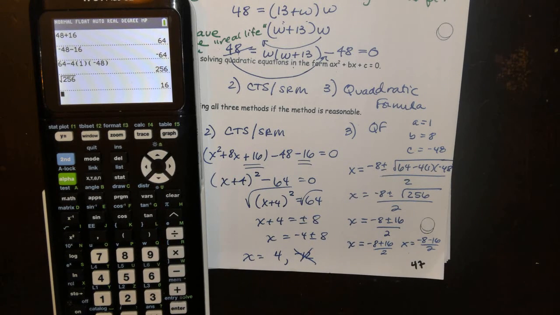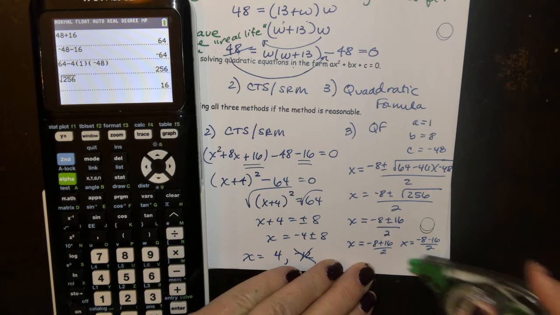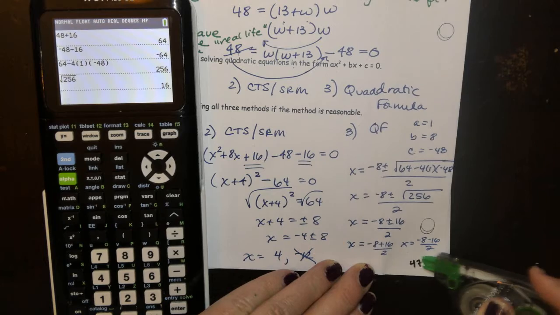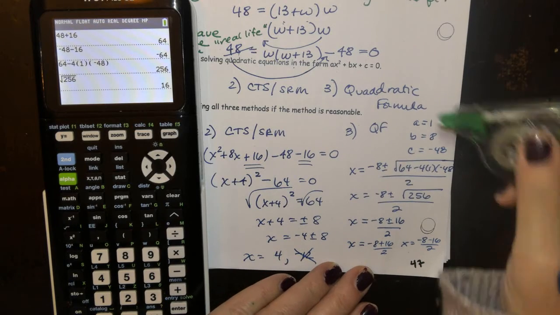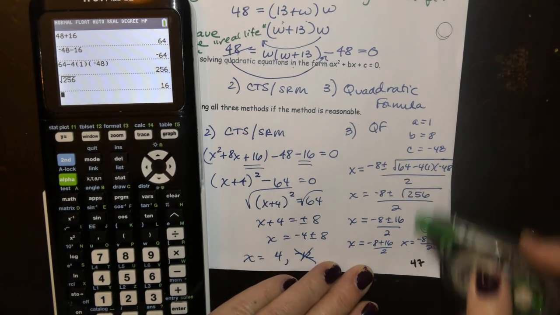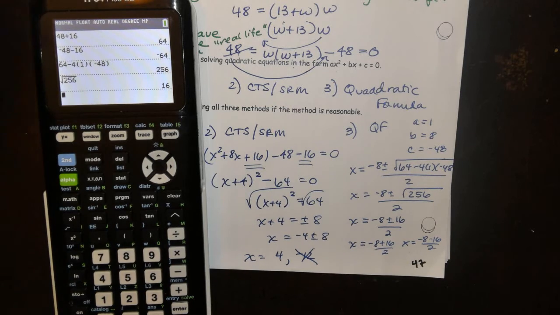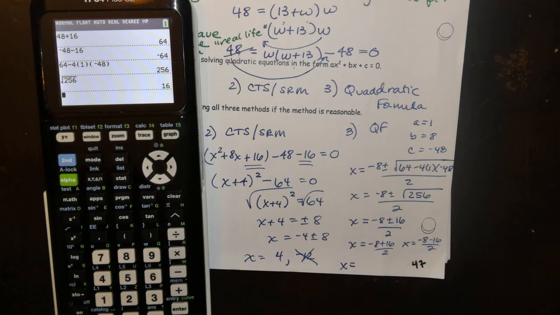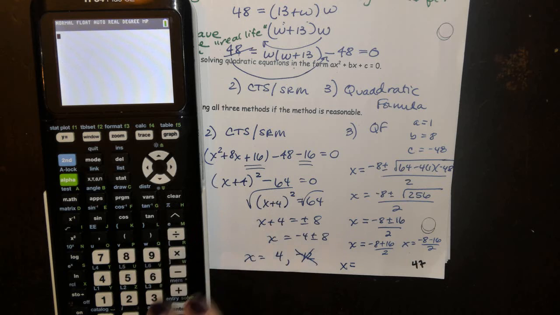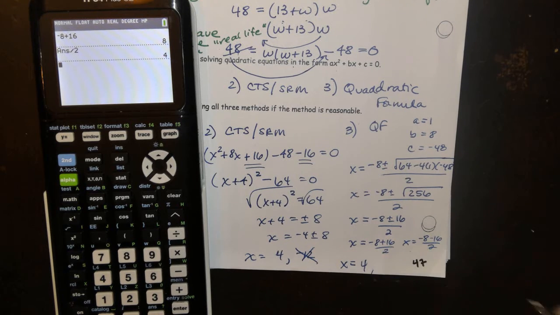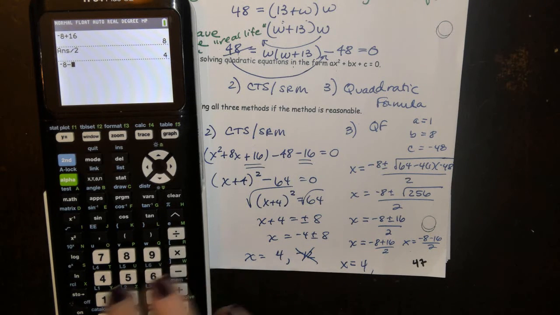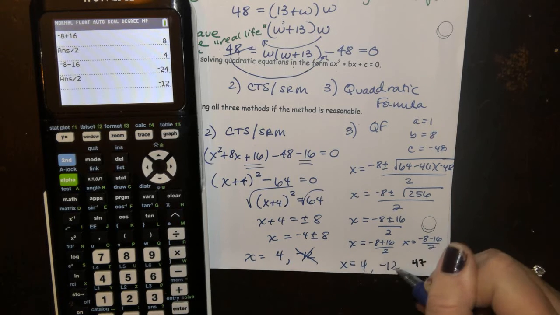Now, we know ahead of time this is rational. See, this is going to bug me that that's there. If my whiteout was working, I could X that out. I don't know why I'm talking like Kermit the Frog here, but oh well. It's gone. It's gone, Buck. Give it up. So, negative 8 plus 16, you get an answer, then divide by 2. So you get 4, and negative 8 minus 16, get an answer, divide by 2, negative 12, gets the boot,